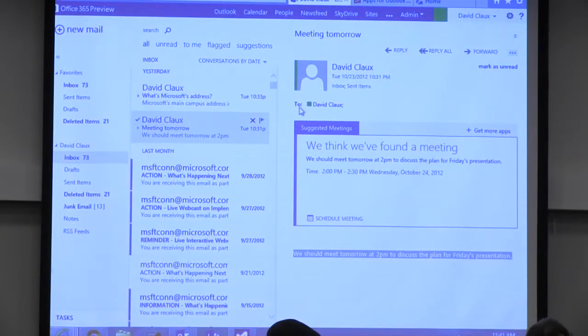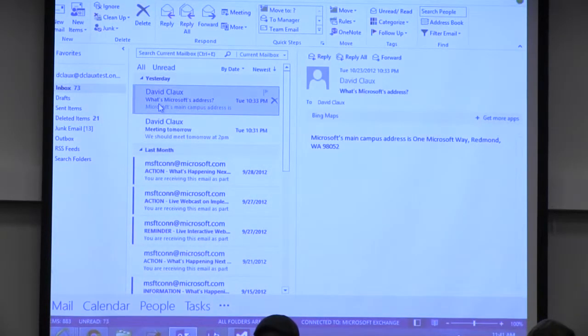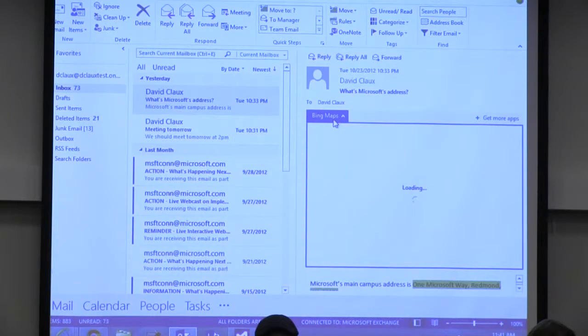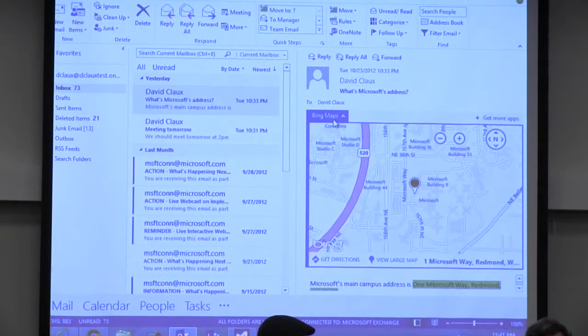This is all based on web technologies. So you implement those apps using HTML and JavaScript, all the things that you already know about and that you want to use. And the beauty of it is that it works just as well in Outlook Web App and the Outlook Rich client. I have the same two emails here, and the same apps work exactly the same. And when I say the same apps, I actually mean it. This is exactly the same code that runs in both. You don't have to implement one version for Outlook and one version for Outlook Web App.